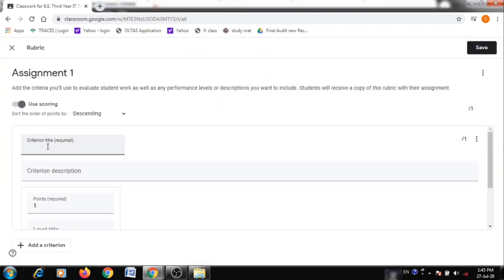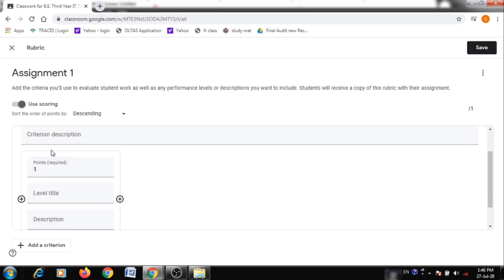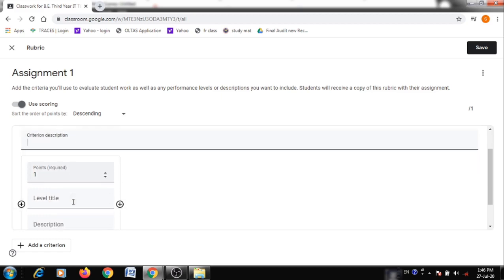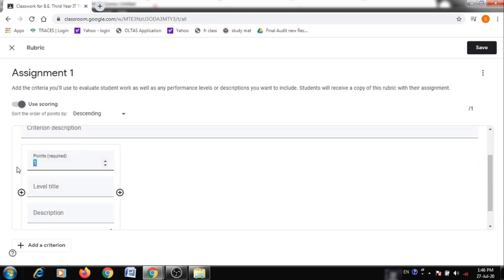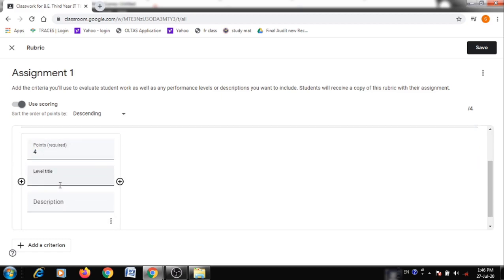So I am going to add a criteria title. My first criteria is problem solving capability of student. Here you can add a description. If you want to add a description related to the criteria, you can add it here. Then next is the set of levels. You can set different levels for the criteria. So here I am setting the first level as a 4, if you have an excellent